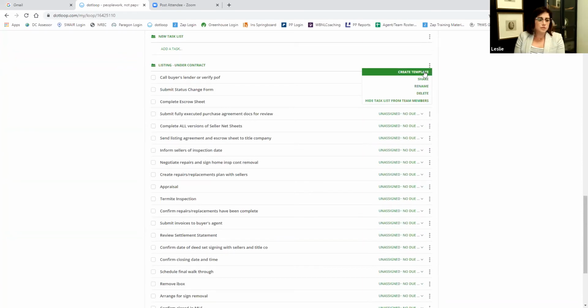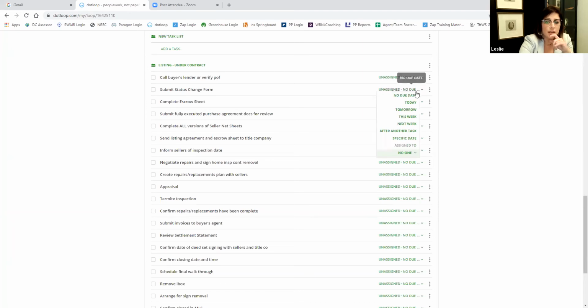If there's something you do, for example, maybe it's order your closing gift versus drop off your closing gift, you could create a task on that. You could use this template, create your own template, and then add to it and make it very specifically customized to you. Especially when it comes to these pieces, because right here, what you can do is, let's say I submit a status change form, right? So right now it's unassigned with no due date. Well, I can make this due today, or let's say tomorrow,